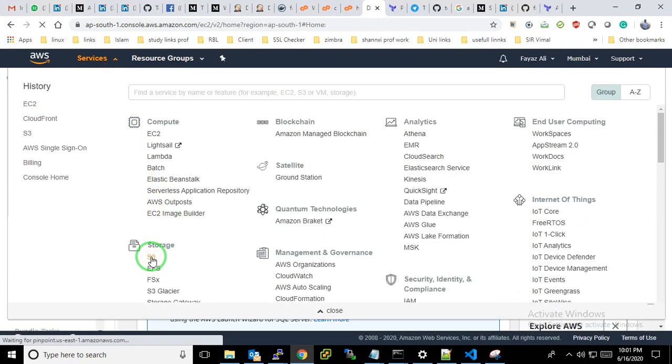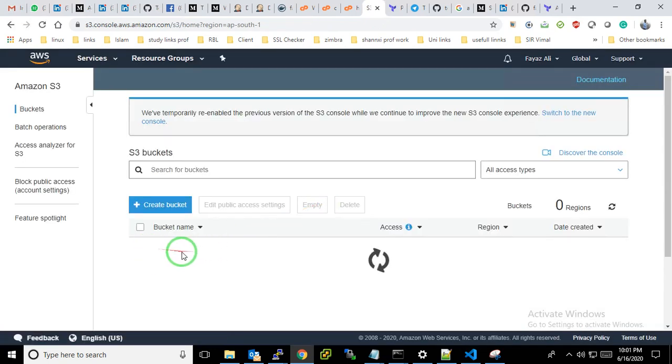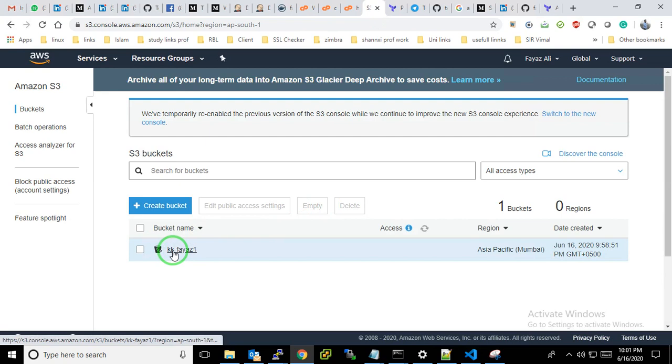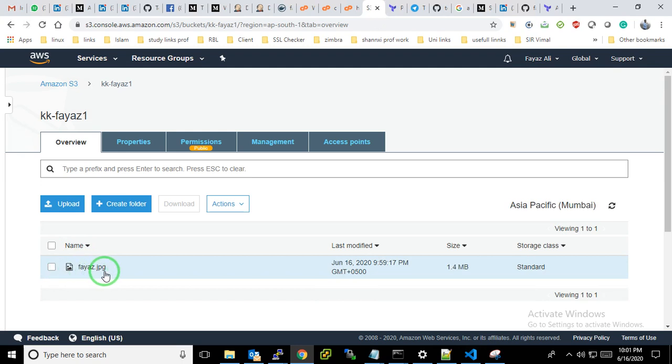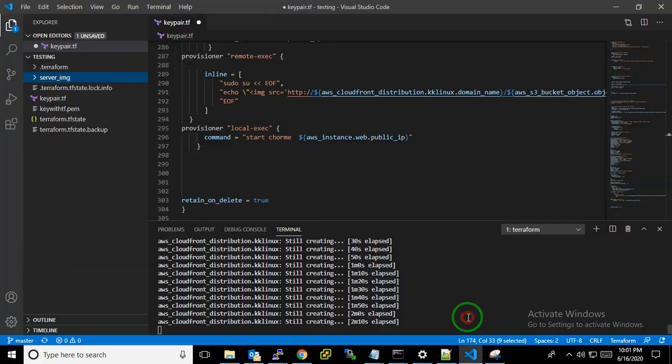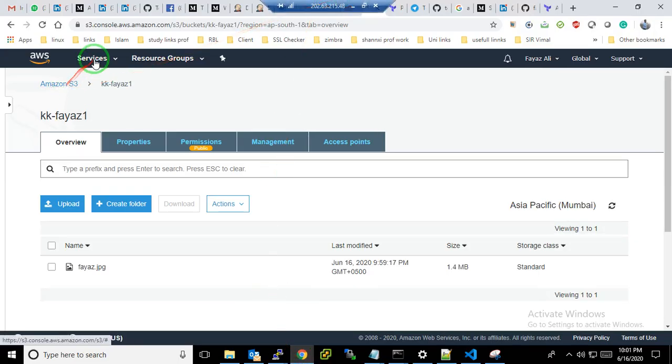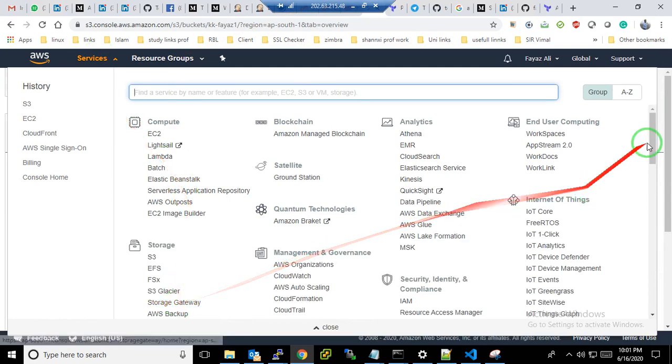The S3 bucket has been created with the name KK Fayaz, and you can see the Fayaz image .jpg came up here as well, automatically uploaded from my local system to the S3 bucket with the help of Terraform code.